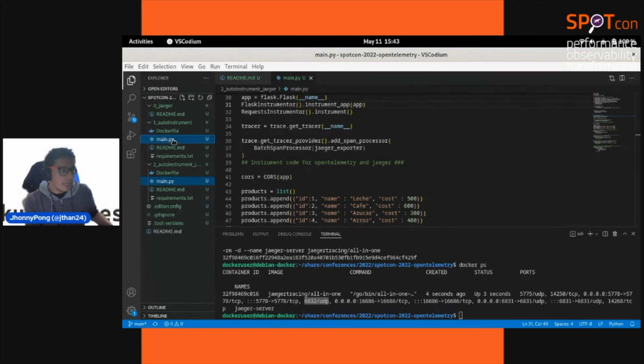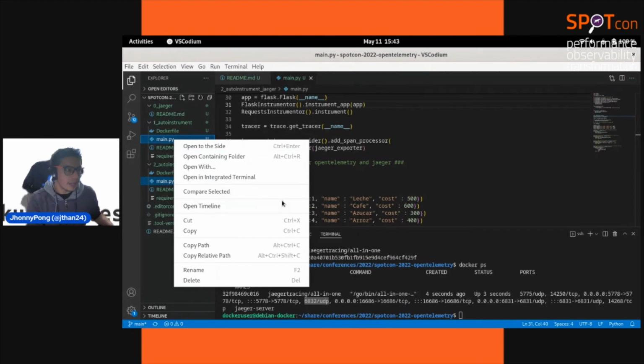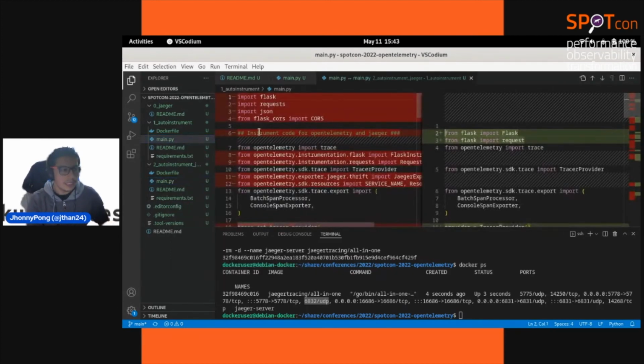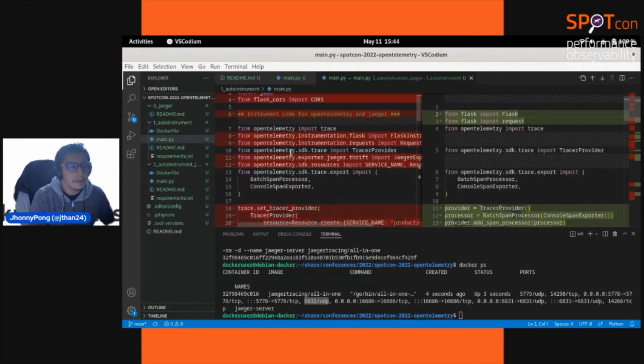If we compare these files, we have the Flask framework, an implementation in Python. We have a request and a JSON that are similar here, but some components are very different in these implementations.